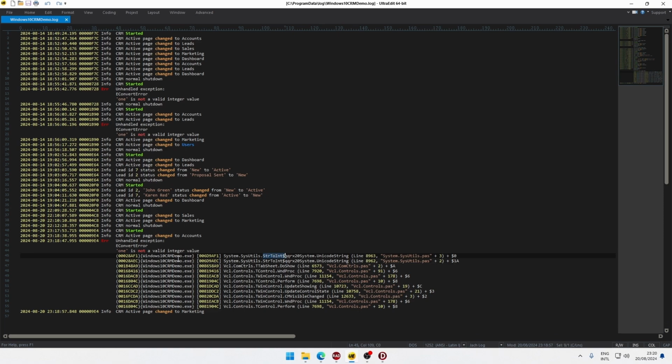We have also the function or method name that was executing at that time. In this case, it was inside System.SysUtils StrToInt function, and this was invoked from TabSheet.Show,